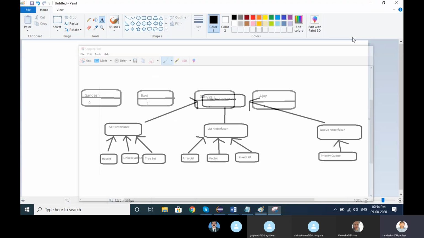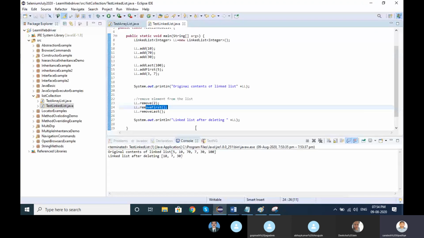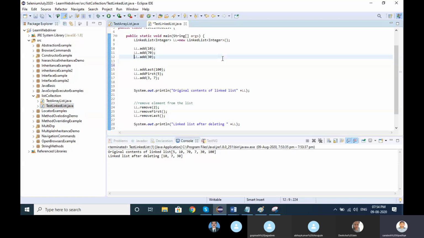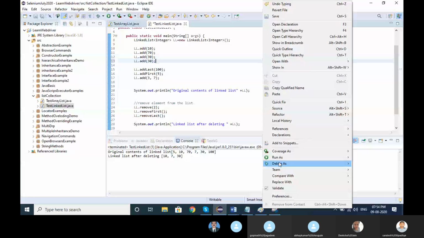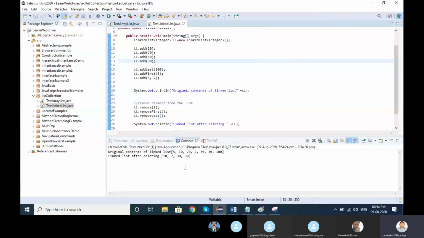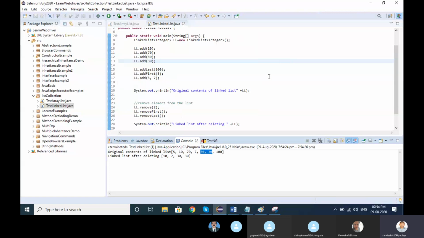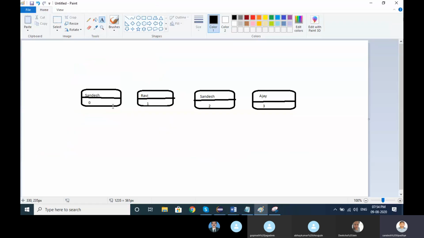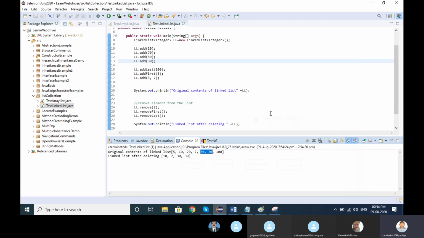When we go with linked list as well, it also contains duplicate elements, such as 30 coming twice here. But in the background, array list takes an array, while linked list is called a doubly linked list.